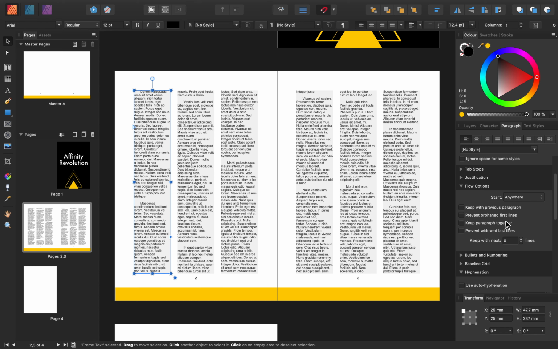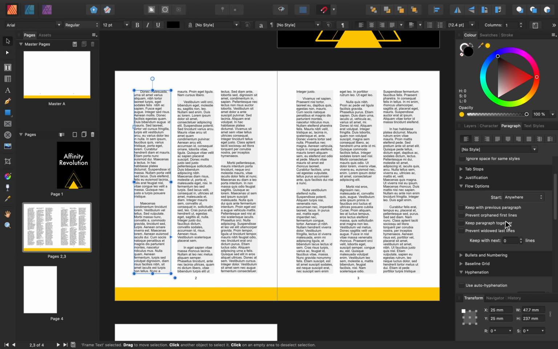The next thing that beginners want to understand in Affinity Publisher is how to put images into their documents. To put a few images into this document, I'm going to use the Place Image tool, which you can find right here in the Tools panel. Press on the Place Image tool,